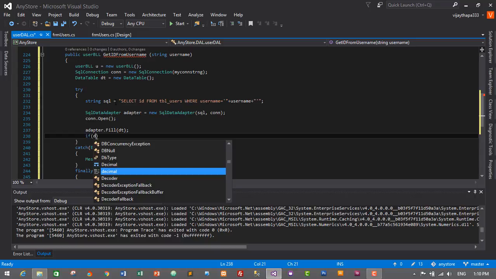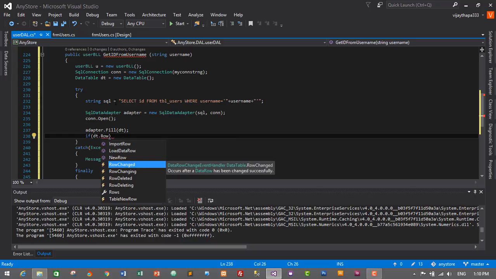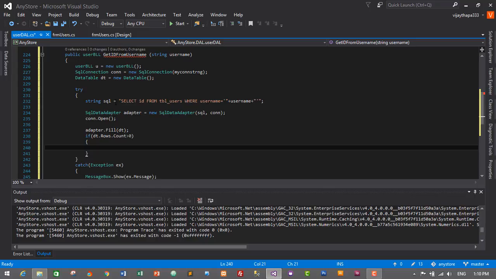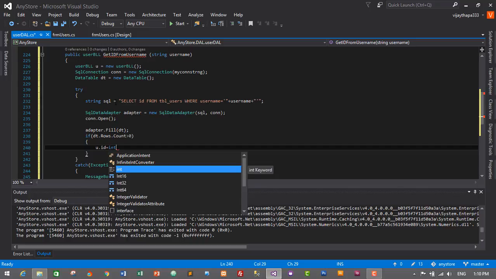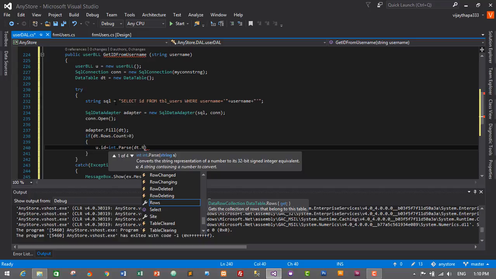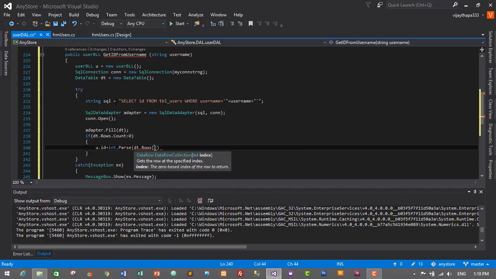So if dt.Rows.Count is greater than 0, then u.id is equals to int.Parse dt.Rows[0], then not user, this is id only. We have id column in our database. This is id column in our database. Dot ToString